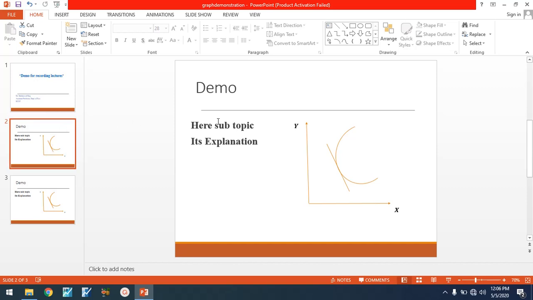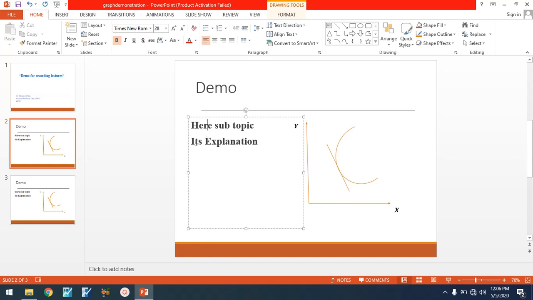Now when I click on the second slide, on the title I write demo. Here I write a subtopic, its explanation, and you see a graph.